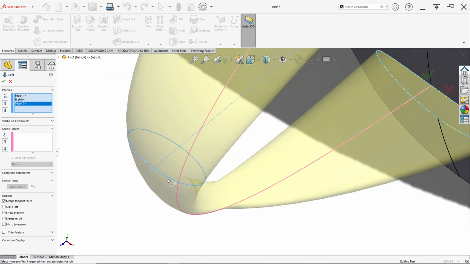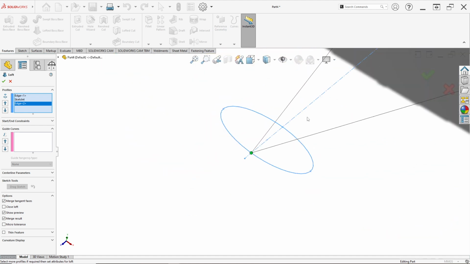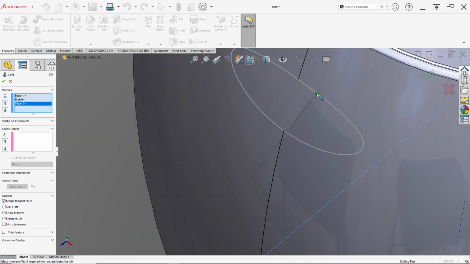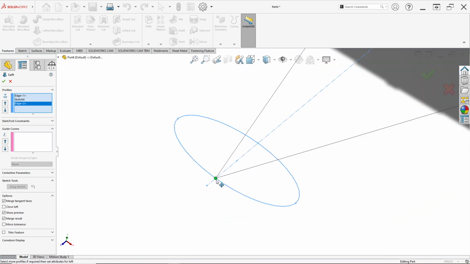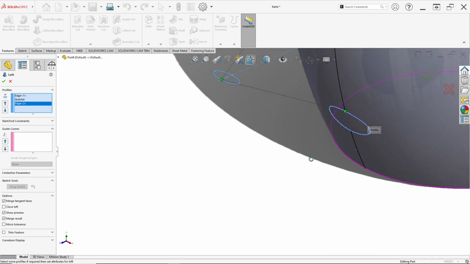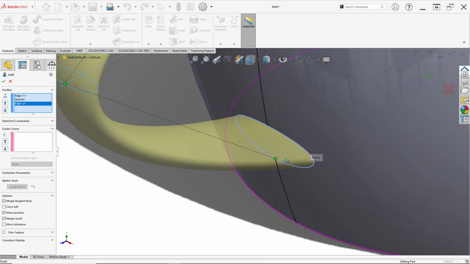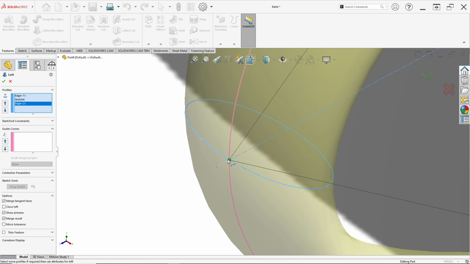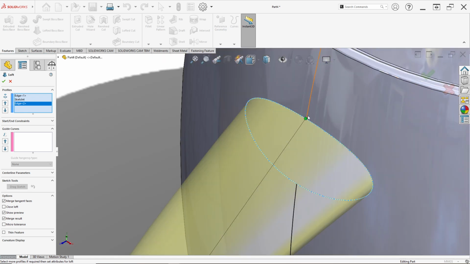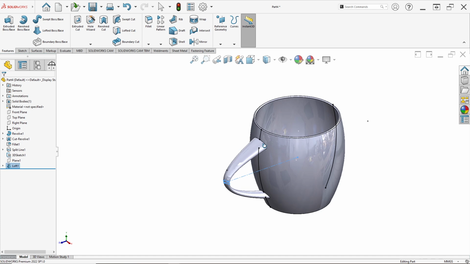Then this point draws to this, and this draws to this. Sorry, here the point is set below like this. After that, just click OK and done.